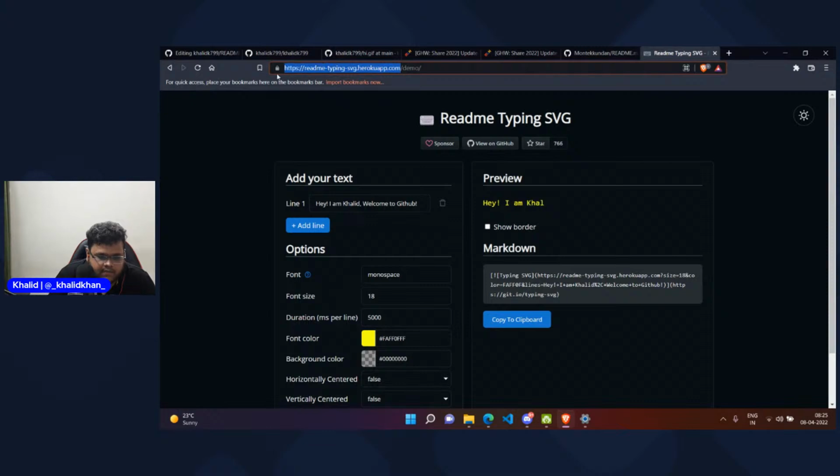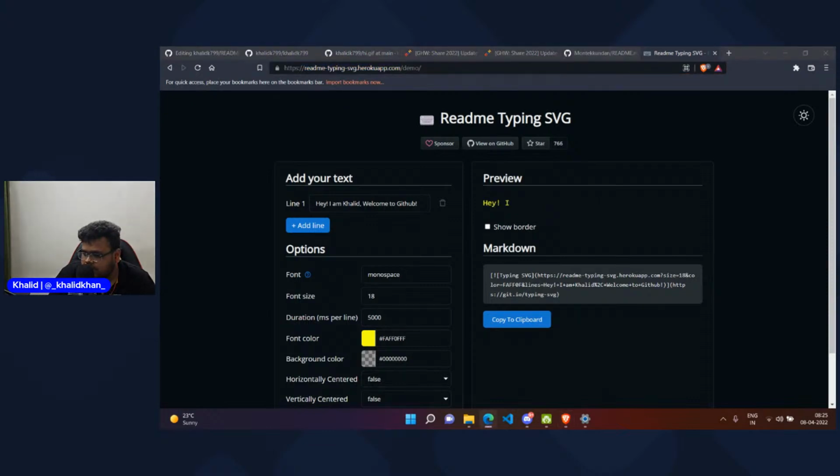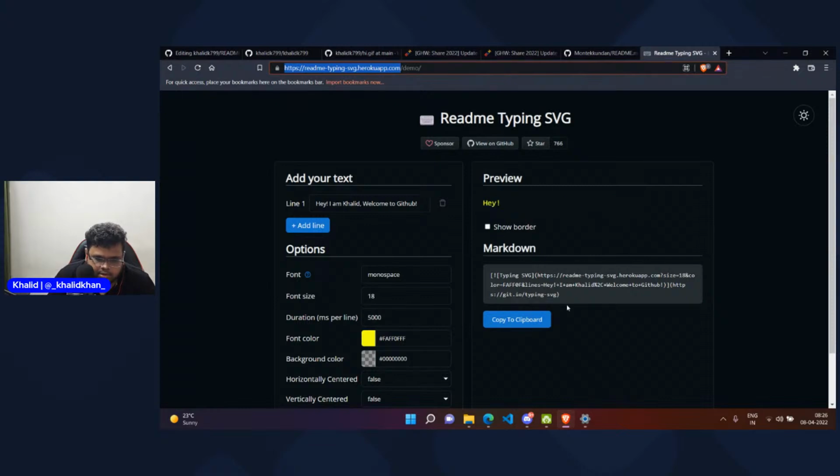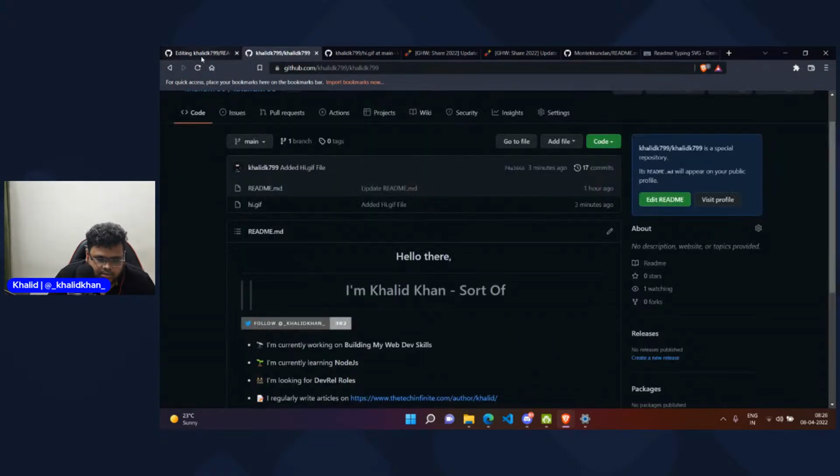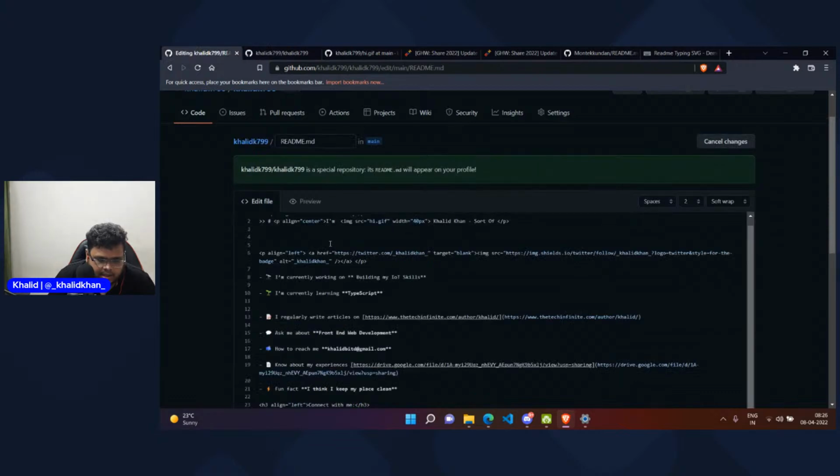In case you don't have the link of that typing SVG, let me quickly put it in the text channel itself, so that you don't need to look for it. The readme typing SVG is on a Heroku app. I guess it's a third party something. I'll copy the markdown from here. Let us go back to my readme.